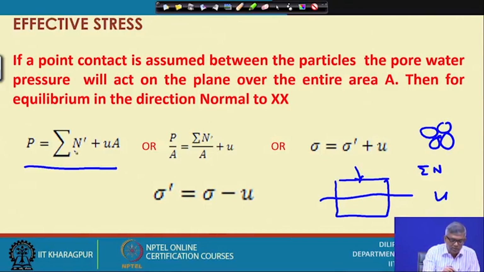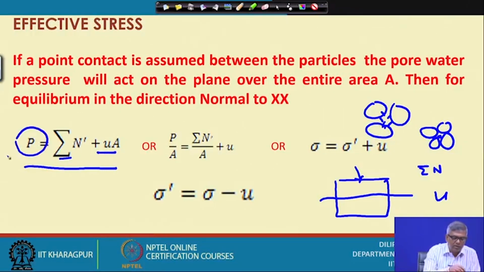So, this can be taken. When there is a grain like this and there is u acting, u will be acting equally in all directions. So, I am considering only the vertical direction. So, u into A is a force, sigma n dash is also a force, and these two together will be equated by the external force P. Now, if I divide everything by A,